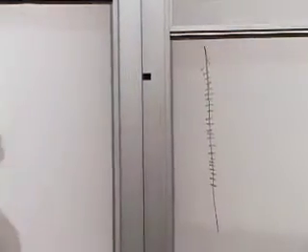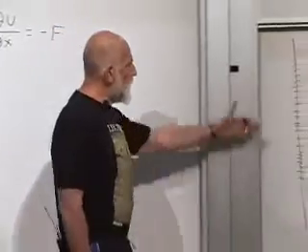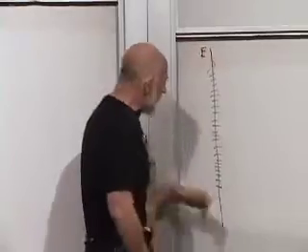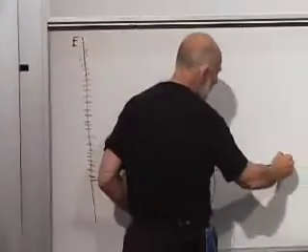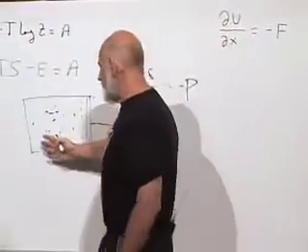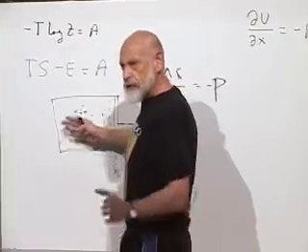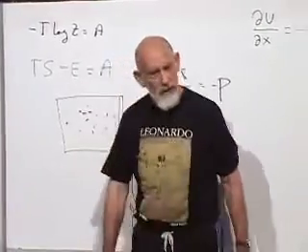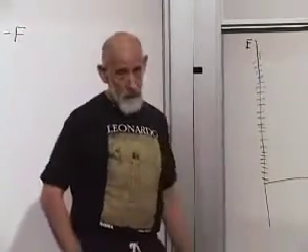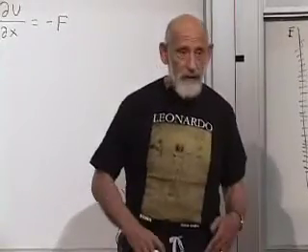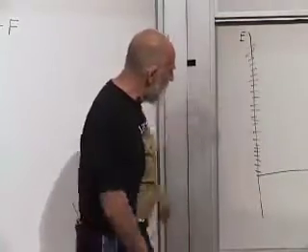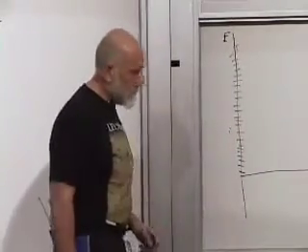Now, this is the energy levels of a system, but let's plot horizontally the volume of the system. So here we are. There's a system. It has a collection of possible energies, the energies just being the sums of the energies of all the particles in there. If we were doing quantum mechanics, the energies would be discrete. If we're not doing quantum mechanics, then we have to be a little more careful. But in quantum mechanics, we have discrete energy levels, and we can label the ith energy level.